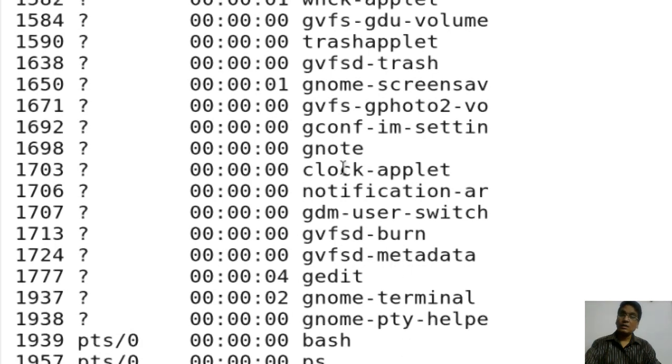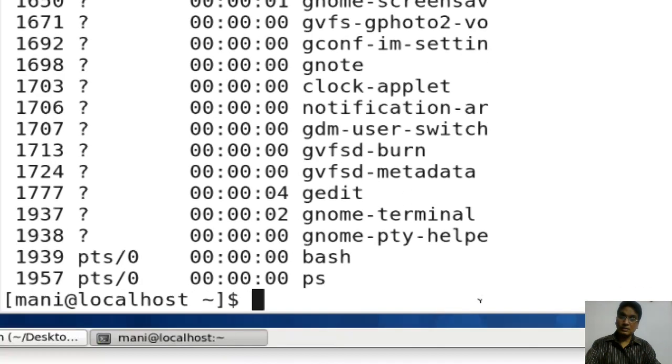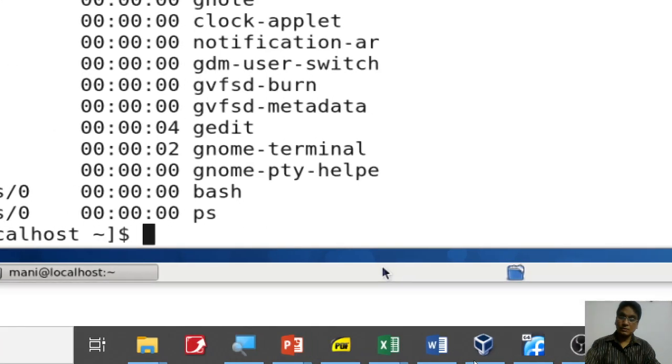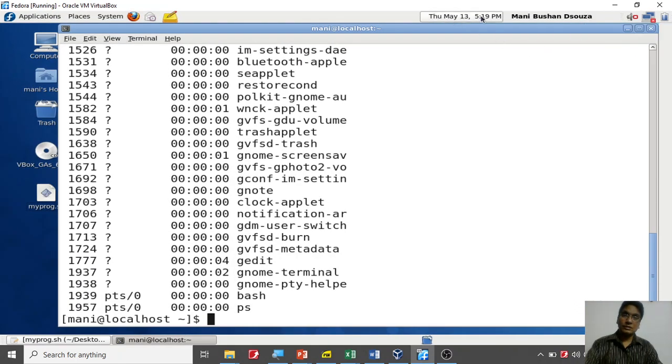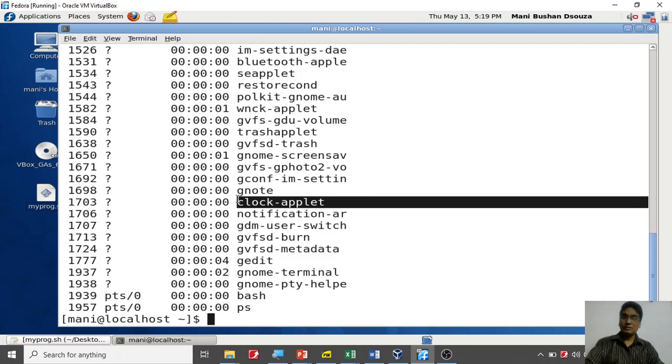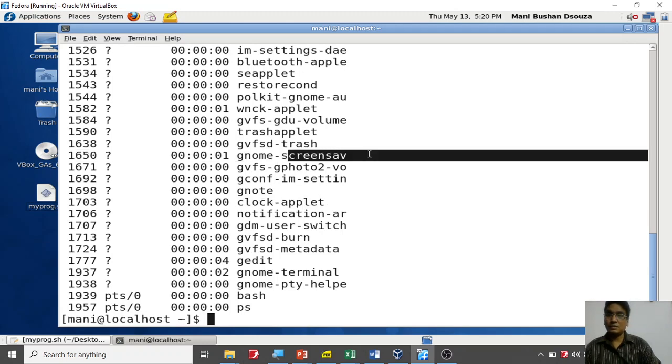So you can notice the clock applet which is there. Let me slightly zoom in. I will have to go to Windows for it to zoom out directly to the Linux. If I get it in full screen, you will notice this thing that is being shown, that is the applet that shows the clock there. Also you can see many things like a screensaver, which I can show you, that have been used there. So these are all the things which are running for me.